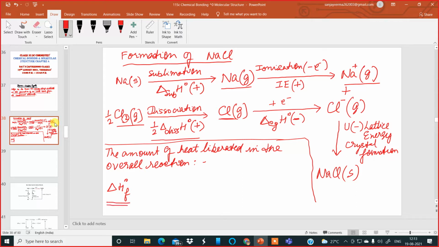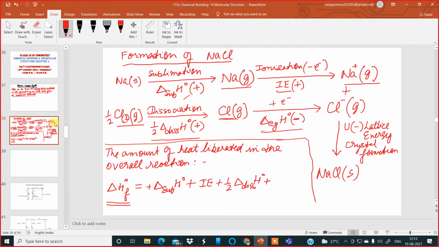This is called enthalpy or heat of formation, is equal to, we have to add this one, that is plus delta sublimation H naught, plus this one, ionization enthalpy, plus half of dissociation enthalpy. Then over there, after that, this is electron gain enthalpy. You have to put it over there. Electron gain enthalpy, I put over there,